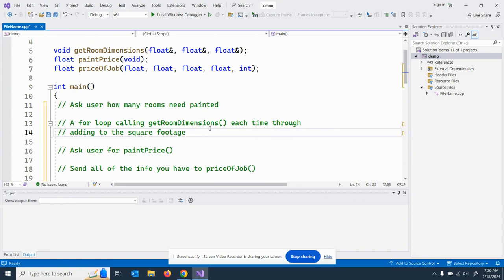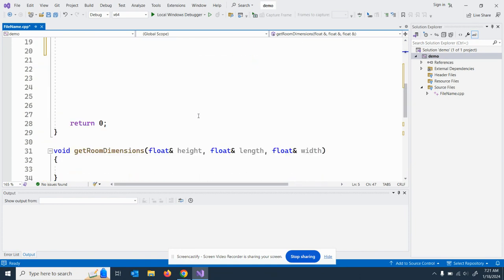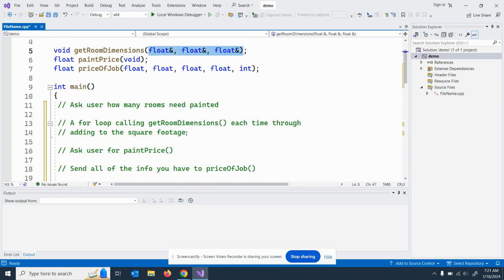So they enter all 3, right? Well, first, say I've entered the number 3. A for loop is going to go from 0 to the number of rooms. It's going to loop through 3 times, and each time it's going to ask the user for the dimensions. These are reference variables. Each time you enter them, these get updated. Remember how reference variables work. You're calling this function down here, height, width, and length, right? Each time it gets updated in the program, but each time through the loop, go ahead and add them up